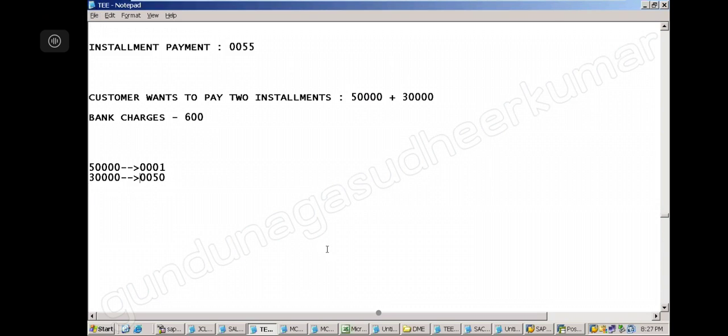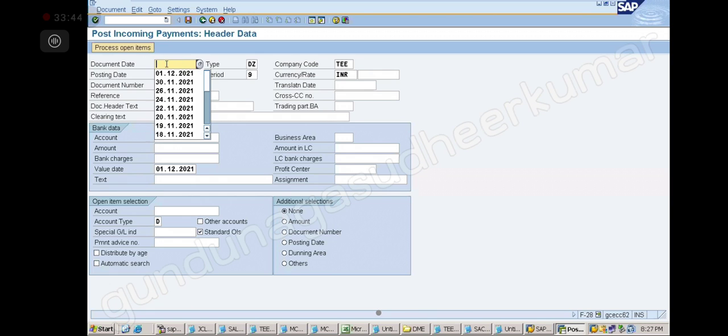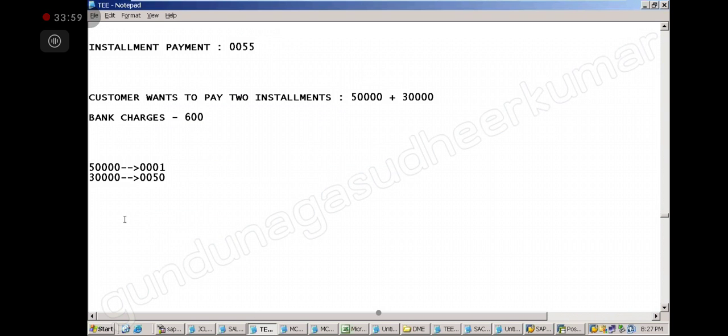Let us see how many of you will be correct. I am receiving this money and giving the bank account amount. You tell me, bank charges 600. Tell me the amount here. 78,500? Everybody write down the entry.